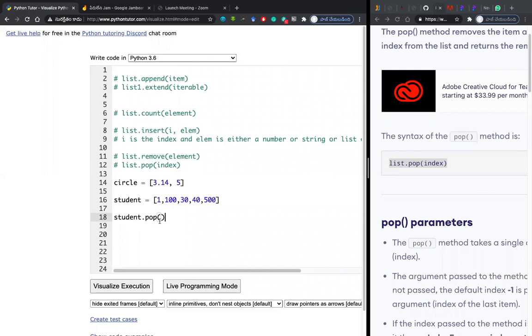So now what will happen? I did not give any index. Can anybody suggest your idea of what might happen here? When I did not present any index, what could happen there?